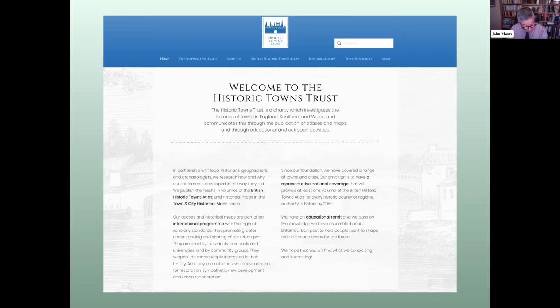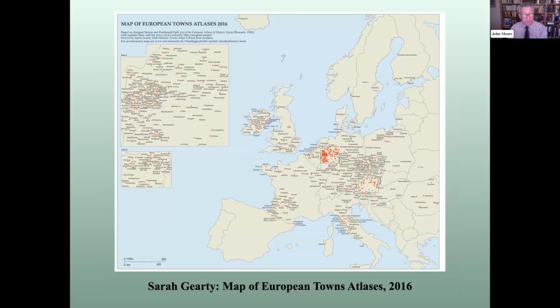Different countries have approached atlas production in different ways, but the overall HTA programme has aimed at consistency to facilitate such comparison. Additionally, all towns so mapped have benefited from a sequence of plans over time, showing the different phases of urban growth. However, this 2016 map of the distribution of European towns mapped by this programme does emphasise a considerable disparity of coverage throughout the continent, with clearly Germany and Ireland in the forefront of map